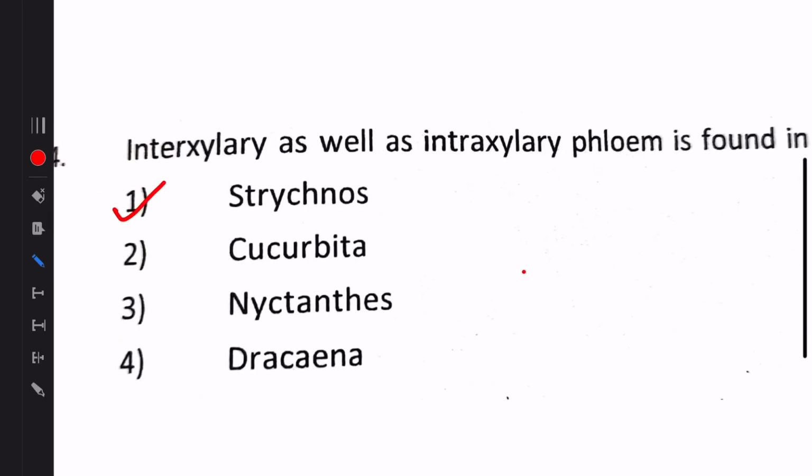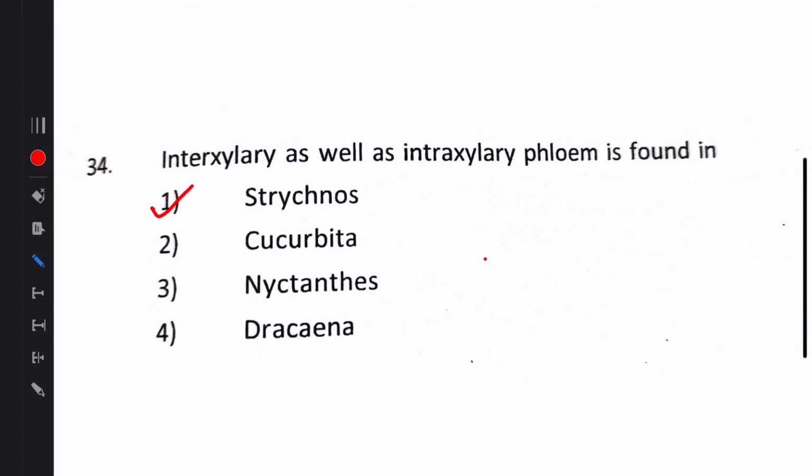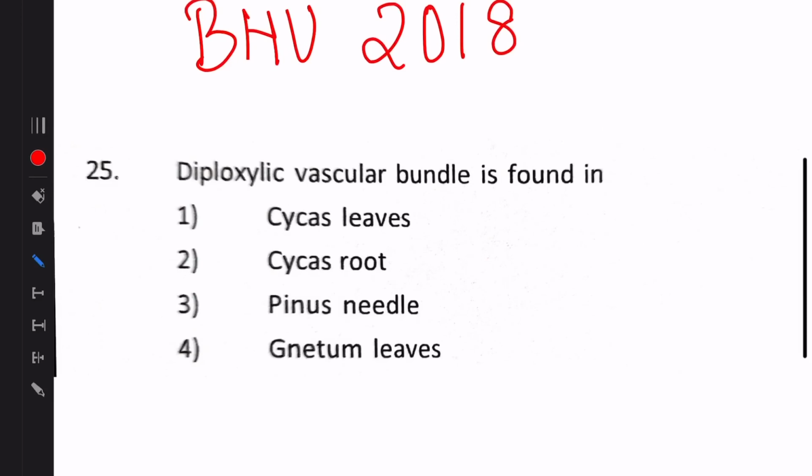Well, all these options have their own characteristic features on which questions are formed. We have to remember them. Okay, so here is BHU 2018, and I have found only one question from plant anatomy in BHU 2018. That one question is talking about diploxylic vascular bundle, which is found in what? Cycas leaves, Cycas roots, pinus needle, or another leaf. Well, diploxylic is the one. Diploxylic means that there are two types of xylem, that is centrifugal and centripetal xylem, which